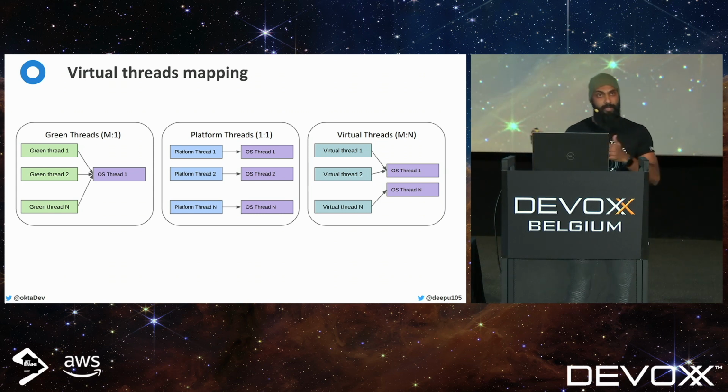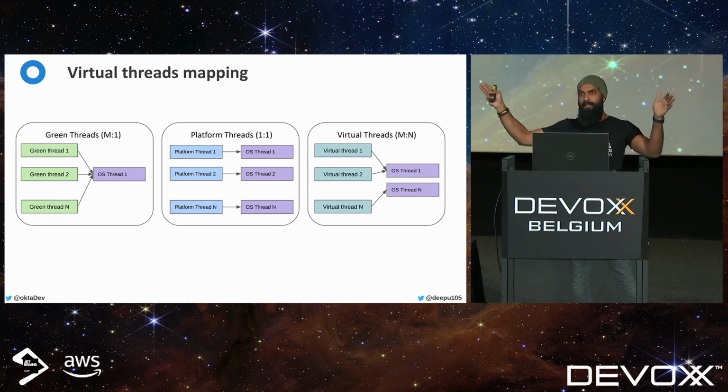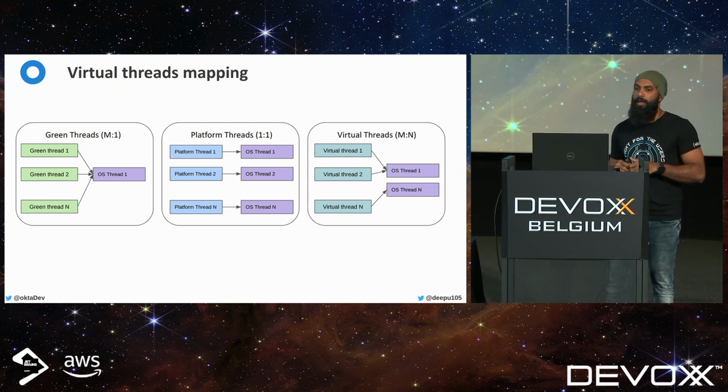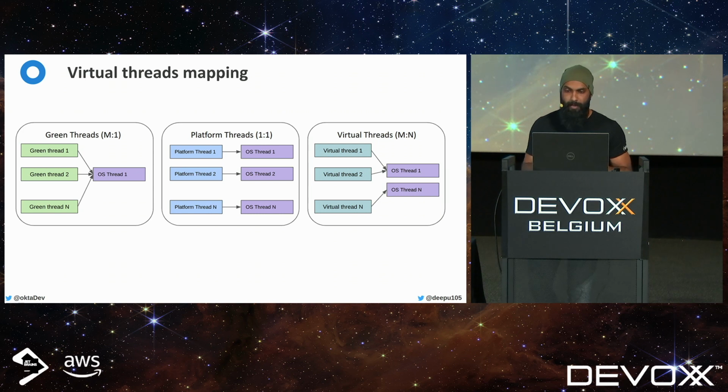And with virtual threads, what we are trying to do is, we saw Little's law, right? In order to get more throughput, the only two ways are to either increase the number of concurrent threads you can have, or reduce the latency. So with virtual threads, we are increasing the number of concurrent threads that you can run without any limitations of OS threads, the number of available physical threads, or the available memory and so on. As I mentioned, you can create millions of virtual threads without affecting throughput. They'll be mapped to OS threads transparently.